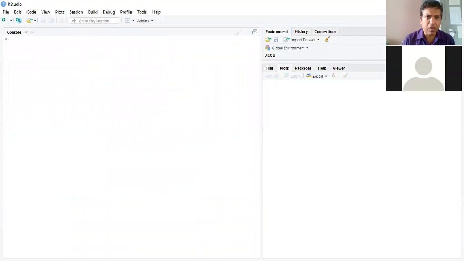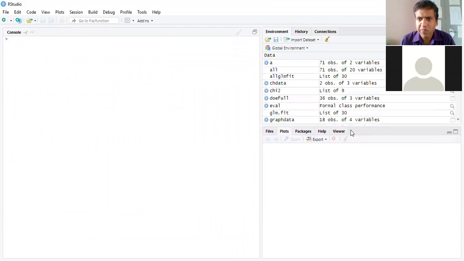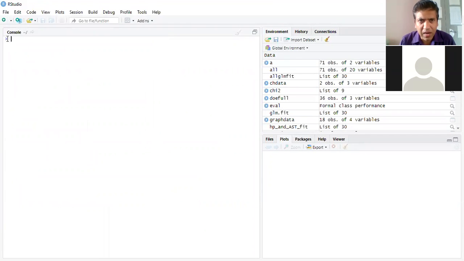Now let me tell you the basic things about this software. Once you open this software, you will see this kind of windows. In the left hand corner, you will see 3 windows inside the R. One window is this one where the cursor is blinking. It is called the console. The upper right hand side window tells about what type of data you have already entered here.